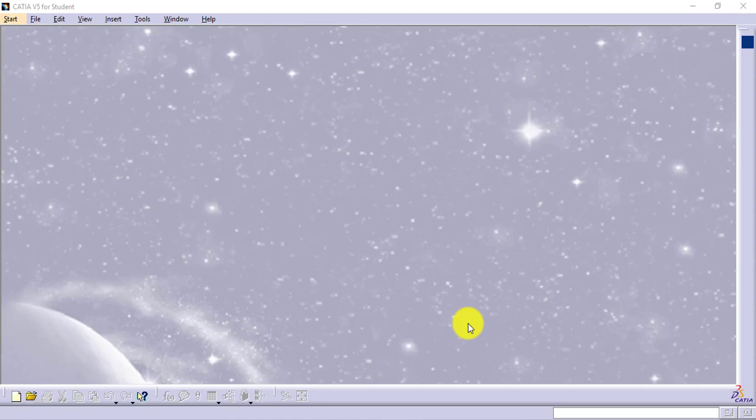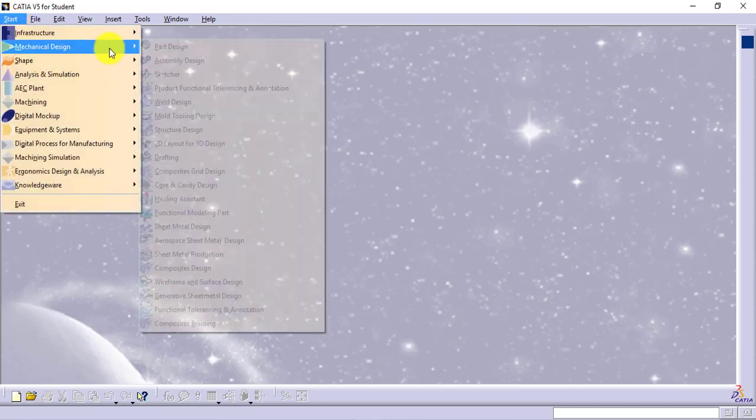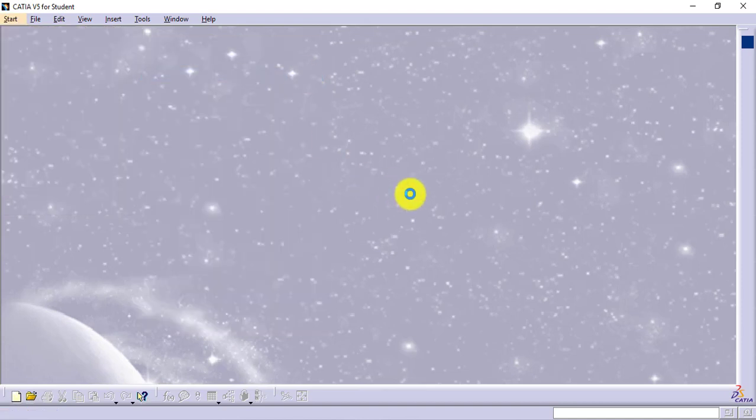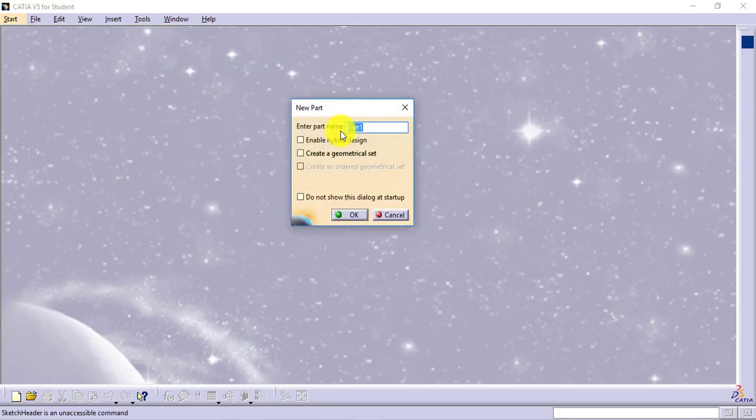If you have observed something while entering into the sketcher environment, there are some options available. We will see that. Today we will go for that comparison. Then we will be starting the part design environment. So start, mechanical design, sketcher, I will go in the same manner,